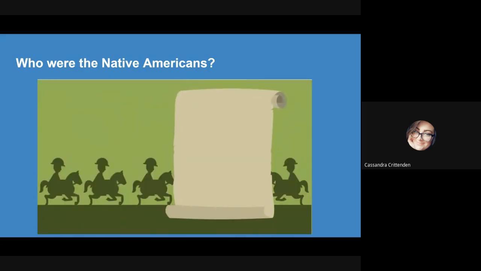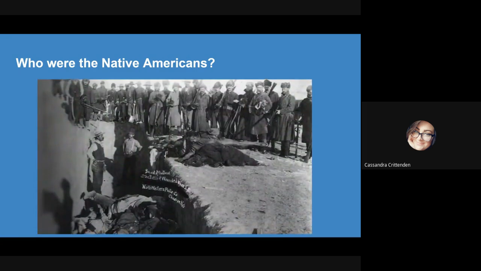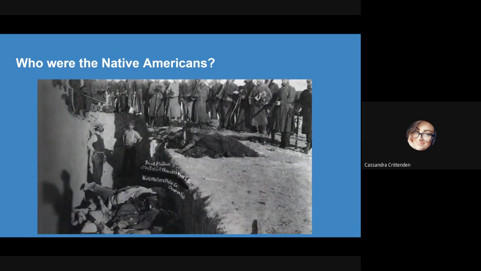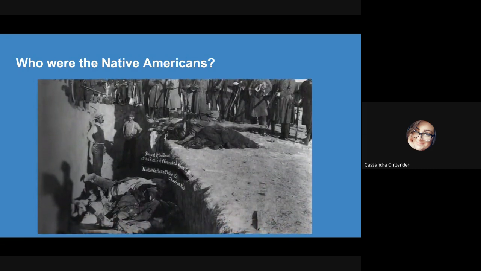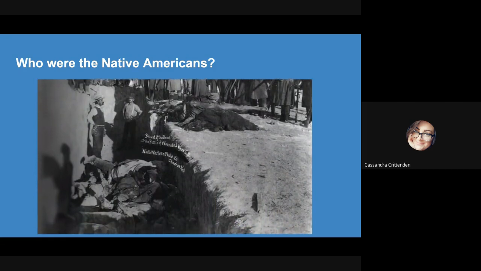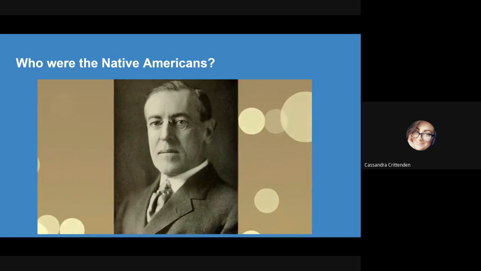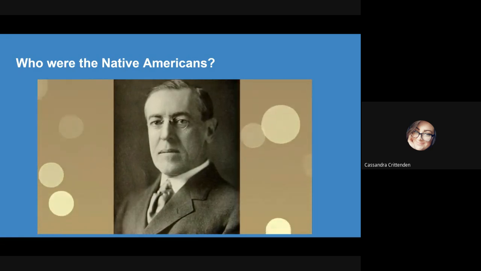Notable conflicts in this period include the Dakota War, Great Sioux War, Snake War, Colorado War, and Texas Indian Wars. And one of the last events during the Indian Wars was the Wounded Knee Massacre in 1890. Here, warriors, women, and children alike were ferociously slaughtered by the U.S. cavalry. In 1919, the United States, under President Woodrow Wilson, granted citizenship to all Native Americans who had served in